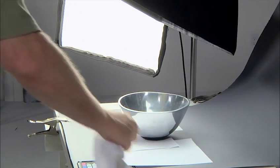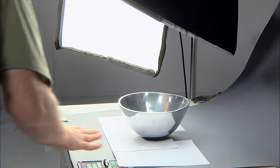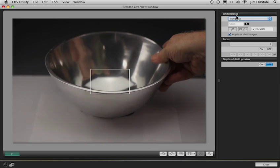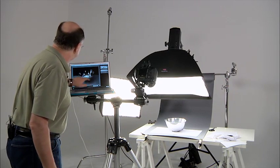That's much better. We'll take one shot. Since we've already got the cards in place, we'll shoot that one first. Looks like we're centered pretty good. Come over this way just a little bit. And we'll shoot that one first. So this will be our main shot. Specifically, I'm looking all across in here, making sure that I got a nice, clean chrome,